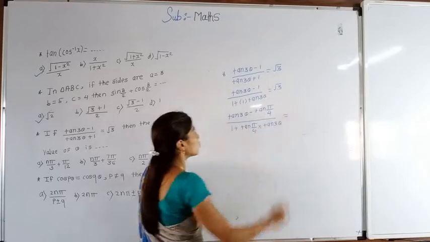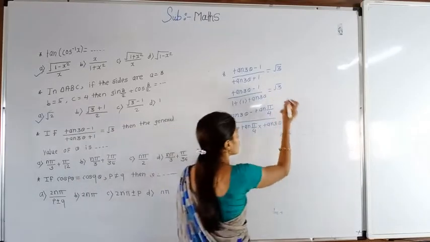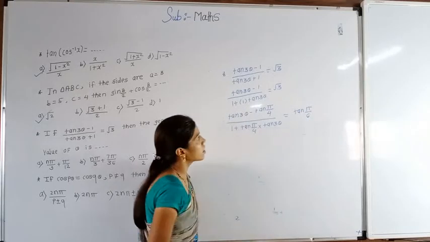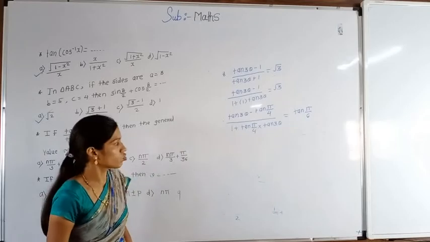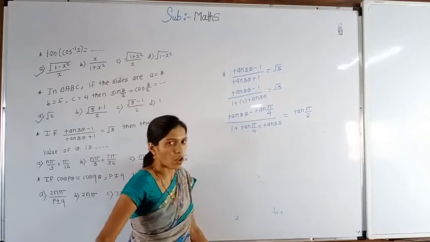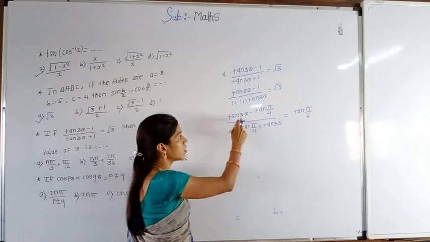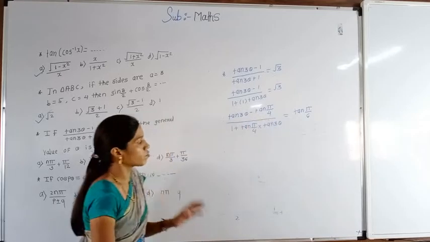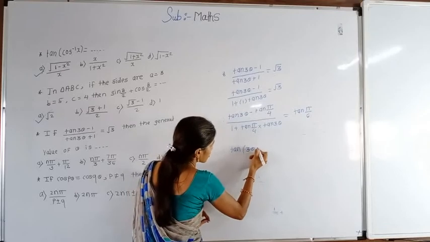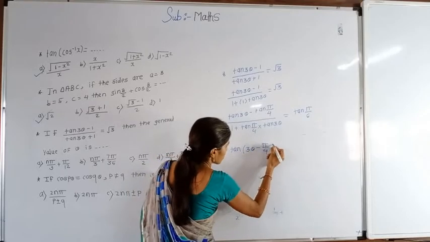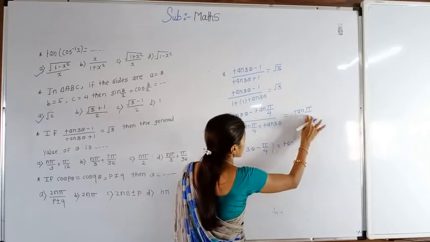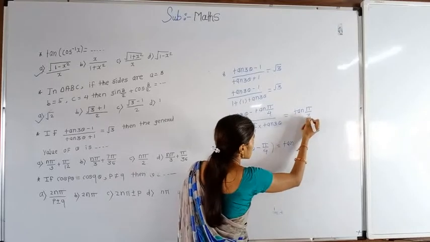Okay. Now root 3 we can also write in terms of tan. So we know that tan of pi by 3, that is tan 60, we can write as root 3. First of all, here it is the compound angle formula for tan(A minus B), but here angle A is 3 theta and angle B is pi by 4. So we can write tan(3 theta minus pi by 4) is also equal to tan of the angle 60 degree, that is pi by 3.